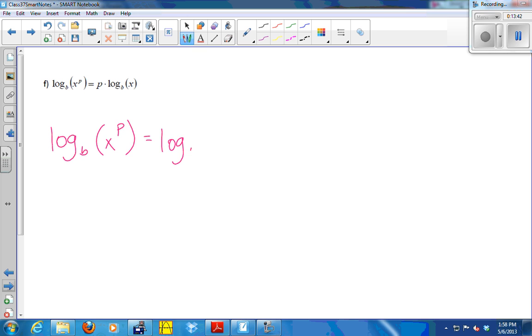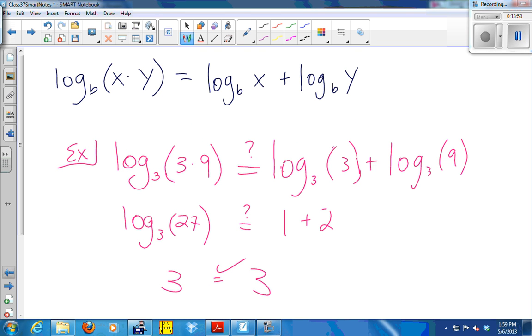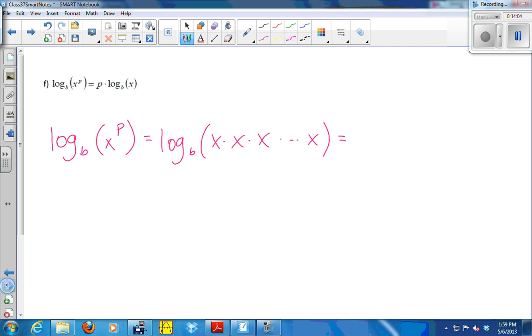So this says log base b of x times x times x times x. And then apply the product log rule p times, right? This one: you take the log of a product, you can take each log separately and add them. So I'm just going to apply that repeatedly. So this says